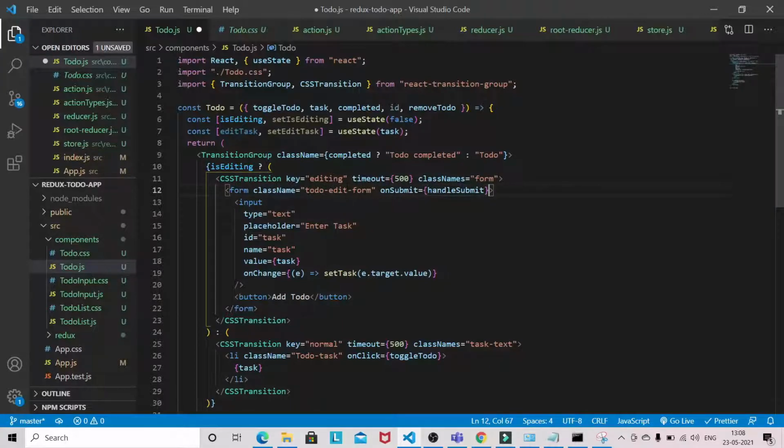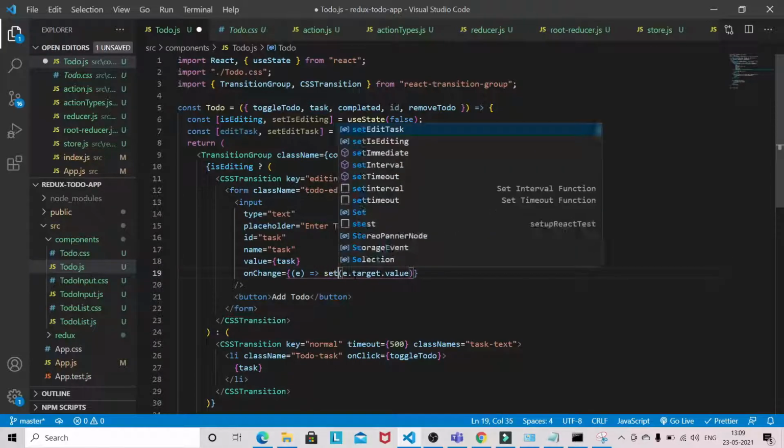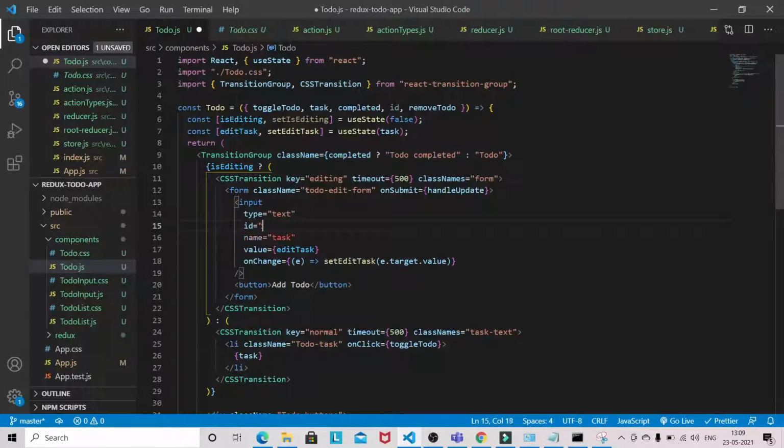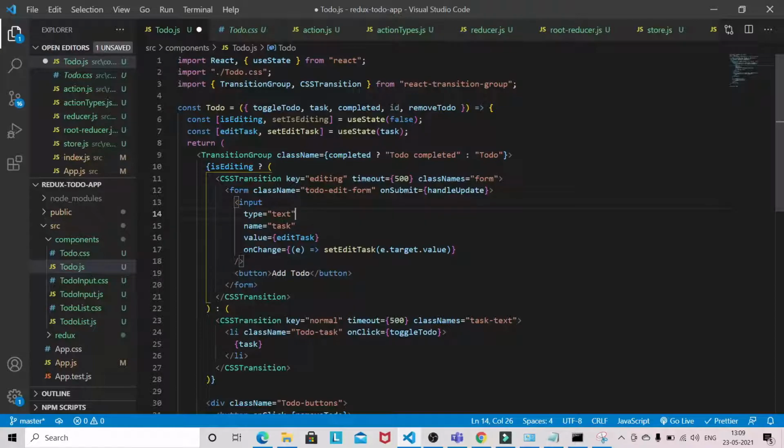On submit, this will be handle update, because we are updating basically. This will be task. This will be a set edit task, and this will be edit task. Okay, placeholder is not required, id not required, and the button will be save.